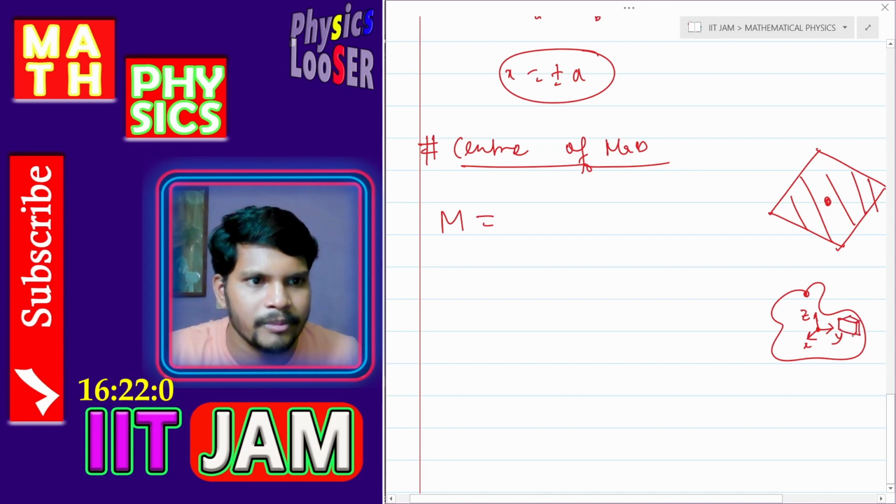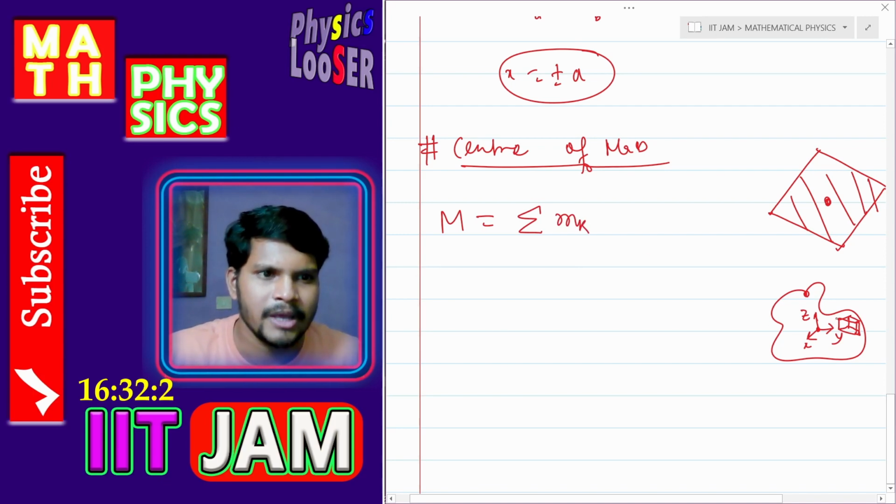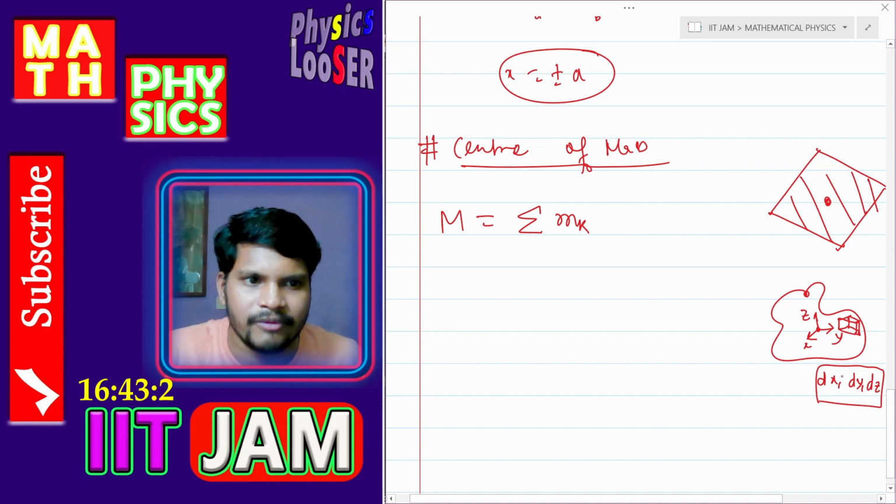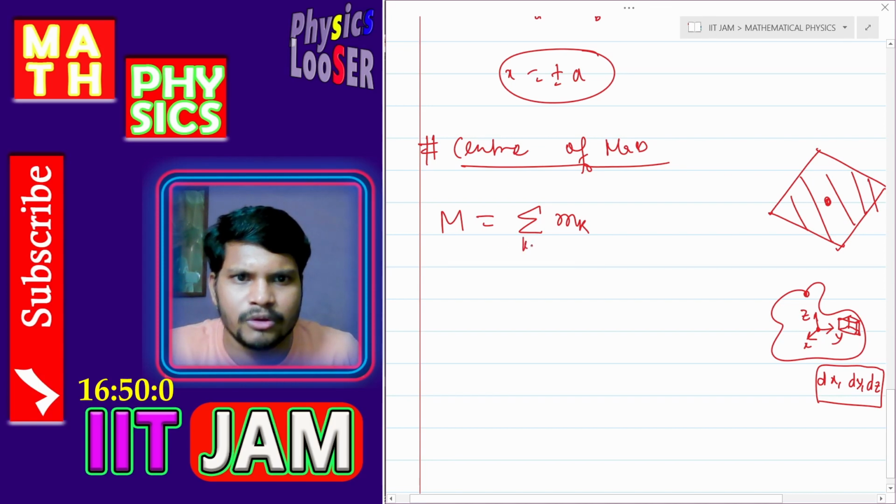Maybe it is a cuboid or maybe a cube. So in order to find the mass, you can say that I'm going to sum the differential masses, which will eventually make the whole mass, and I am dividing this mass in dx, dy, and dz. So in some sense, it is a cuboid of differential lengths dx, dy, and dz. So okay, fine. You can just sum each and every k from 0 to infinity, and then you can easily find out what the